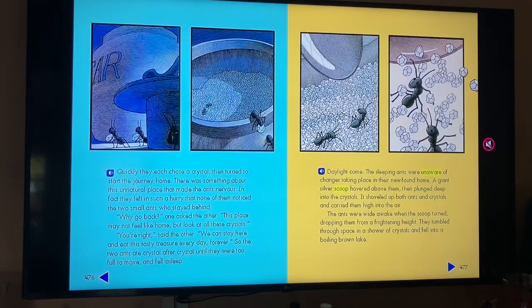Quickly, they each chose a crystal. They turned to start their journey home. There was something about this unnatural place that made the ants nervous. In fact, they left in such a hurry that none of them noticed. Two small ants